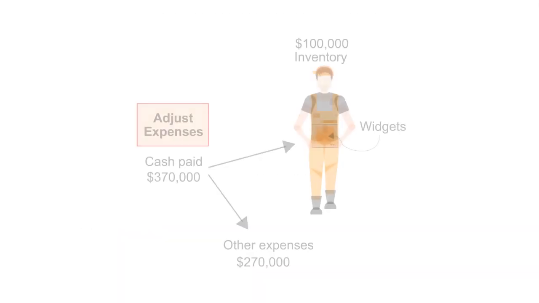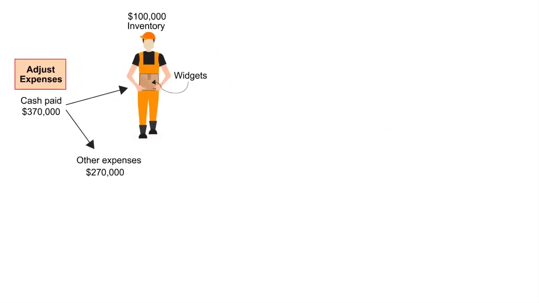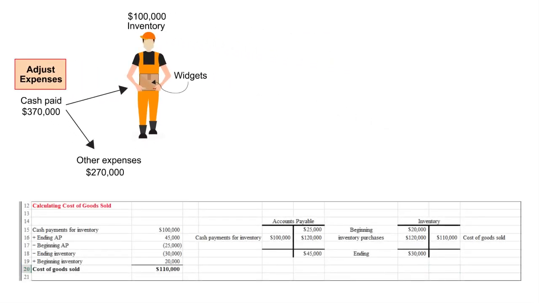You'll notice you can do the differential between the two, or you can do the gross approach, which is what we're suggesting here. To adjust expenses, the company must account for expenses incurred but not paid in cash, and cash payments that don't relate to the expenses this year. So we have another image that shows you the split of expenses. Inventory, $100,000 paid, but the invoice in this one image that we're showing you is inventory purchased during the year that wasn't paid for in cash. The company must account for this type of activity to generate an accrual-based number.